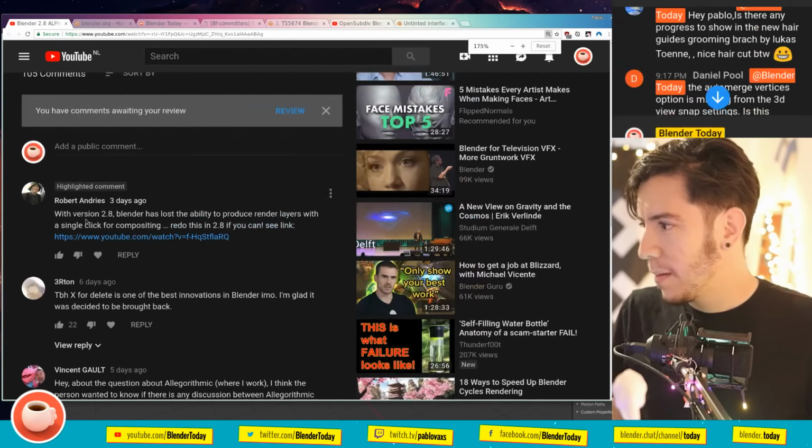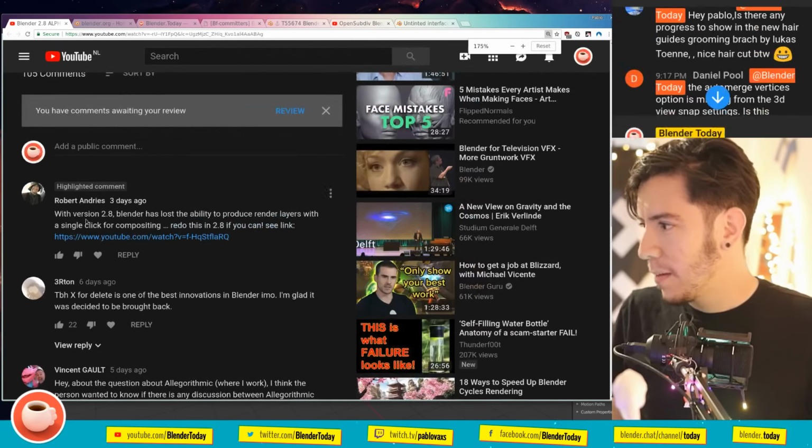Before moving on, the render layers that he mentions are now called view layers in Blender 2.8, but there is something that might be leading to confusion. So, how do we do the thing he did in 2.7, in 2.8? Fast, because it has to be at least as fast as 2.7. I have a cube. Let's add a little monkey and an icosphere. So we have these 3 objects.